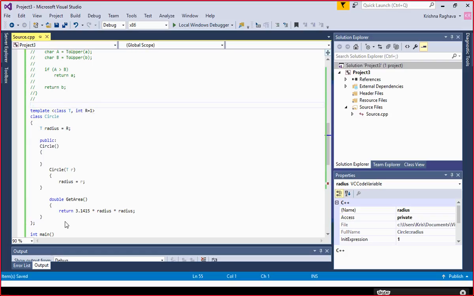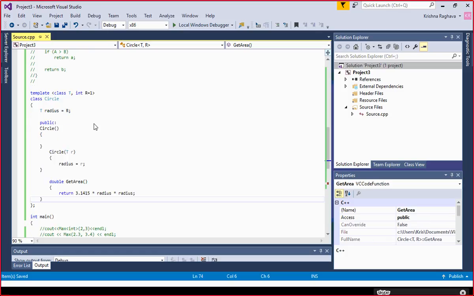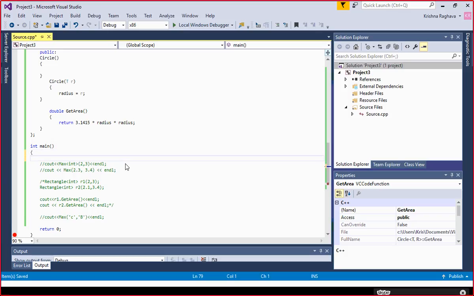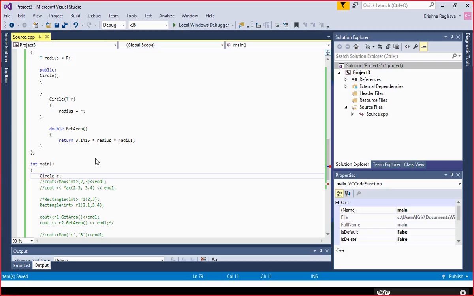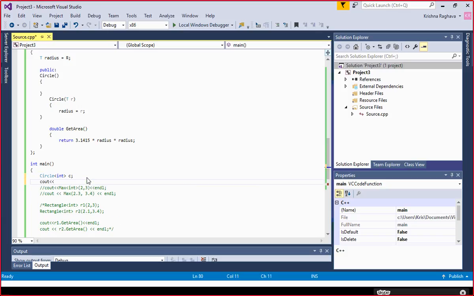C#, we don't need semicolon. Okay, so here what I have done is, if somebody creates a circle C, type integer. So if somebody creates a class called C and then says cout get area,